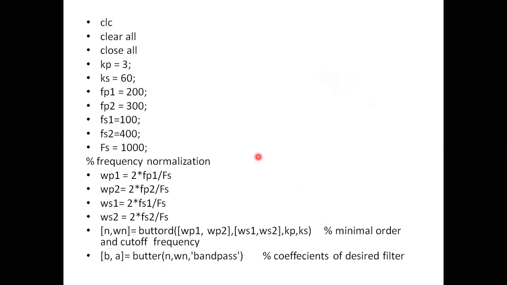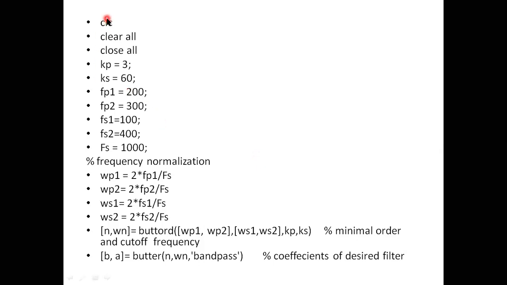Now let's move to the MATLAB program. How to write the MATLAB program? To start any MATLAB program, you need to follow these steps. First, write down all the data that are given in your question. Then apply the commands or the formulas. Find what you need to find out. After finding it, plot your graph. So these are the three different steps you need to apply when writing any program in the DSP lab.